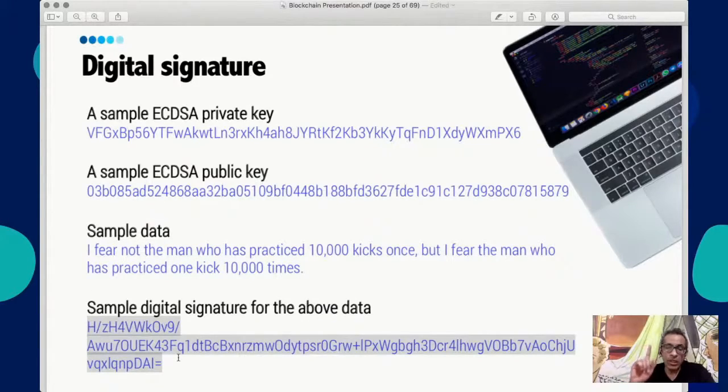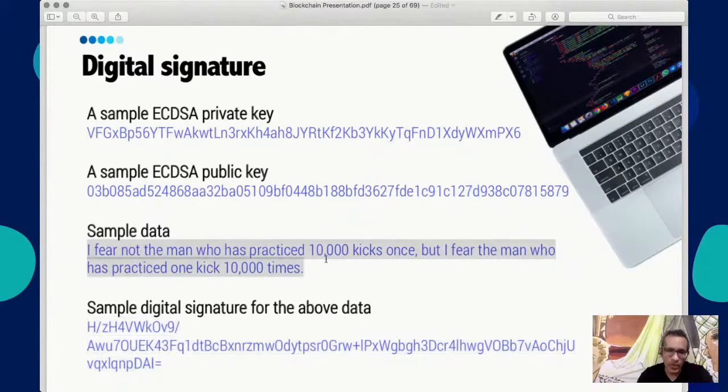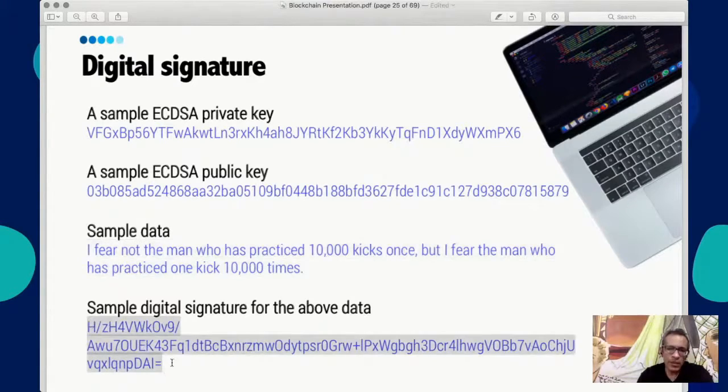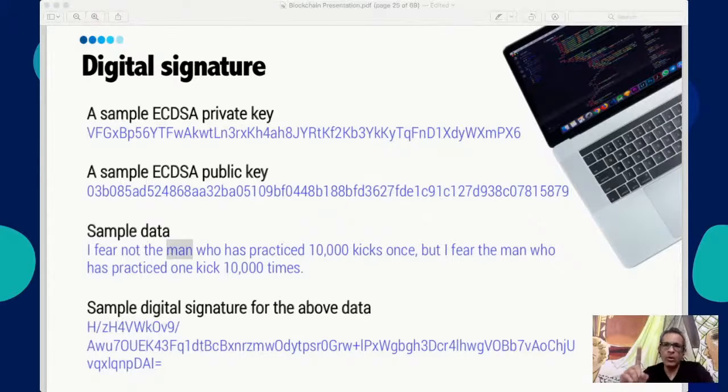Now, because this is a signature and not encryption, we are not encrypting the text. Once your software generates the signature, it will send the original text plus the digital signature forward, and whoever gets it to verify, they will simply use this signature and this text and your public key, and they will be able to verify whether it is actually signed by you or not. That is the whole concept of a digital signature.